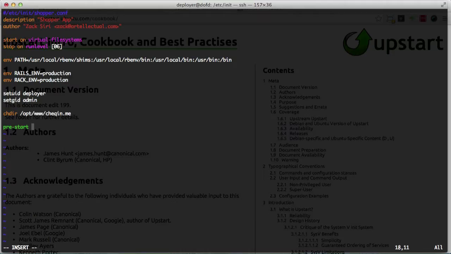pre-start script. So basically, then we have end script, and we're going to go inside, and then we're going to write the script that we actually want to run. So as I mentioned, this is a unicorn-based application. We're going to do exec usr/local/rbenv/shims, and then /unicorn